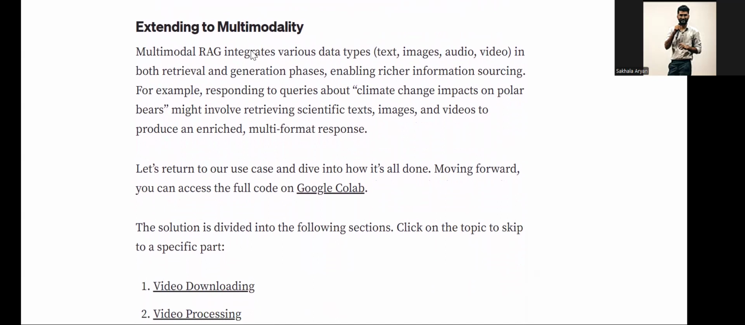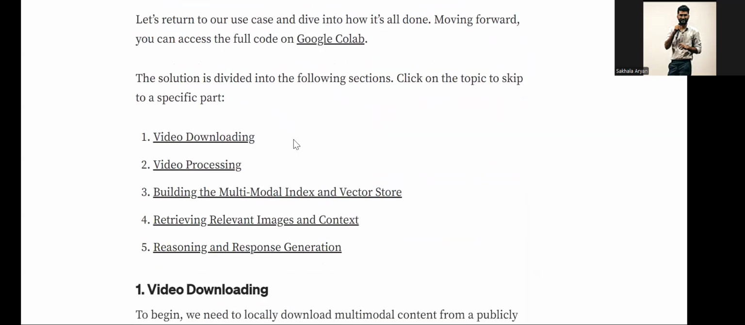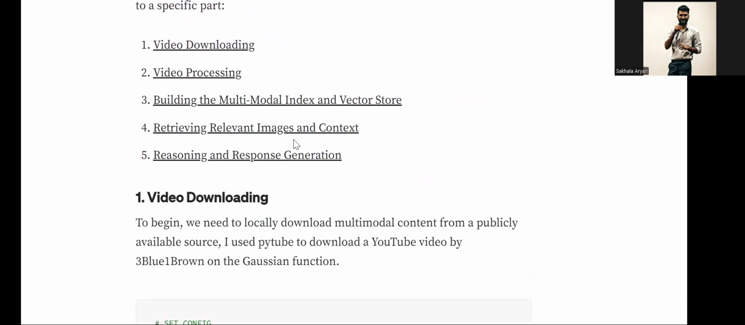So extending to multimodality, what we were discussing currently was only one typical model, which is the text model. But here we are going to work on text, images, audio, and video. This is multimodal RAG. What this blog is doing is basically using a YouTube video or some video. It will process that video, and I guess he's using OpenAI's CLIP model to get the text as well